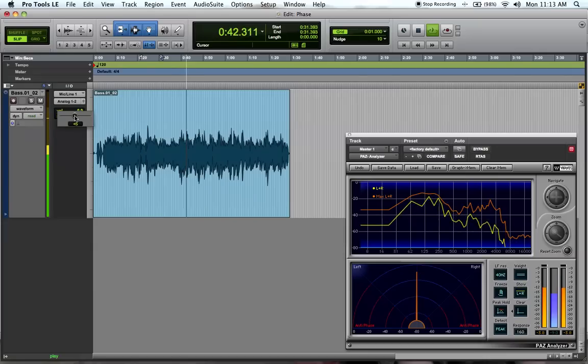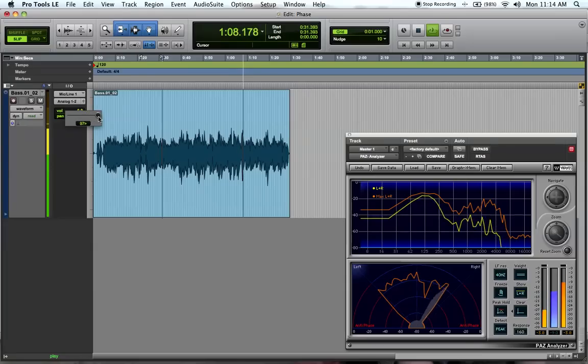If we start doing some panning, you'll notice that it changes over to the side, and at that same time we've got the level differences. So we've got more signal coming out the left speaker, left channel, and less out of the right. Watch how that changes as I pan over. When I get all the way to the left, we've got all of our signal in the left channel and none in the right. The same thing occurs when I go to the right side. All in the right, none on the left, and you can see that we're all the way directly onto the right side there. Okay, and we come back,